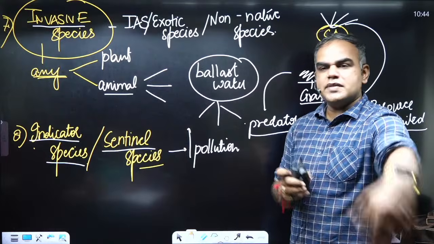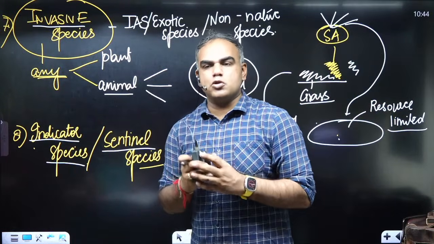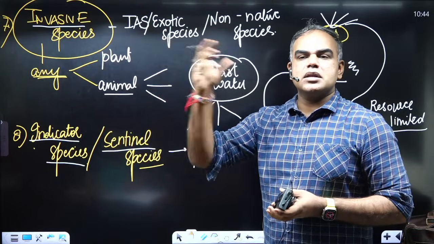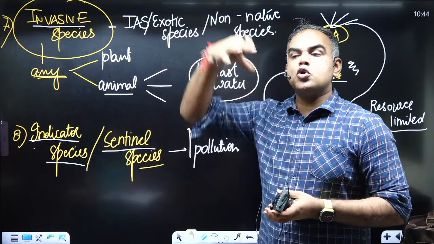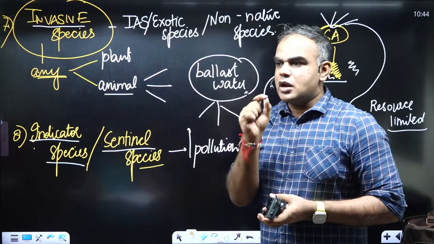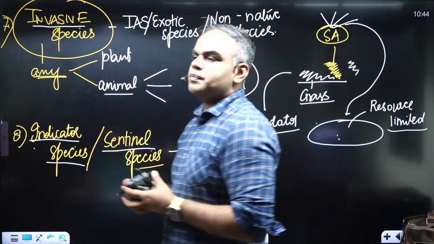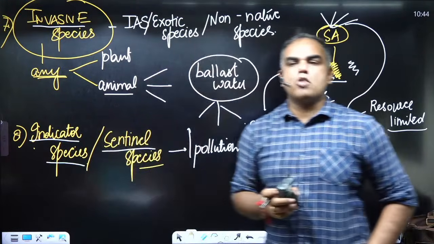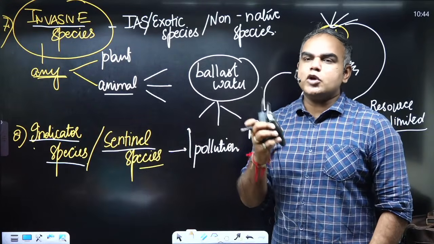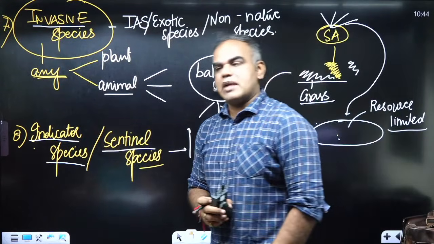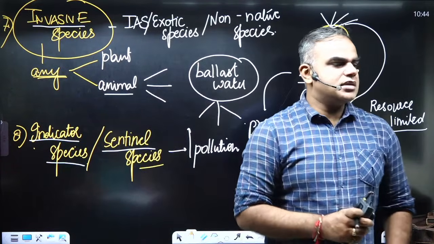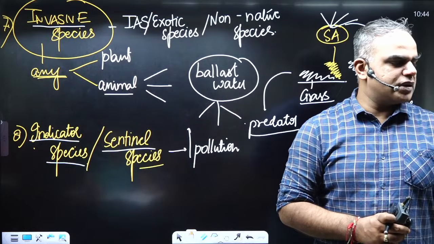Whenever we see this, we'll do it in more detail in pollution. I said sulfur dioxide: a lot of old thermal power plants emit a lot of SO2, so that is something we have to be aware of. What SO2 is, we will see ahead in the pollution topics in more detail. Right now we have just seen indicator species, which indicate the extent of pollution. Can we say this? Yes? Okay. I think these are some of the examples that one could have known and written.